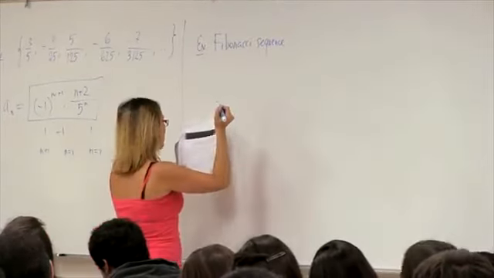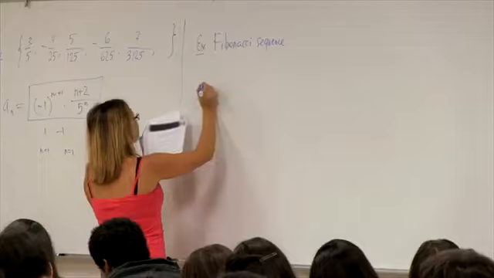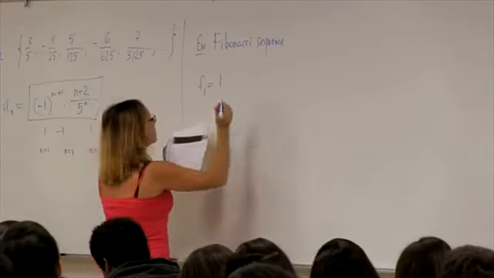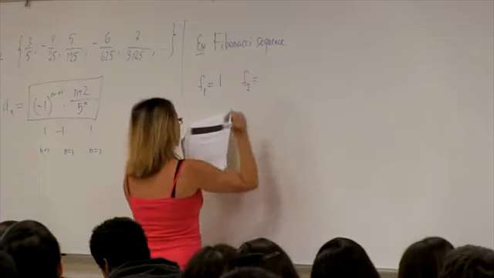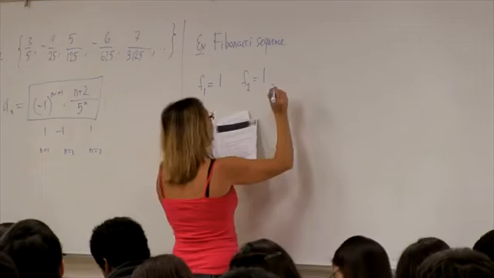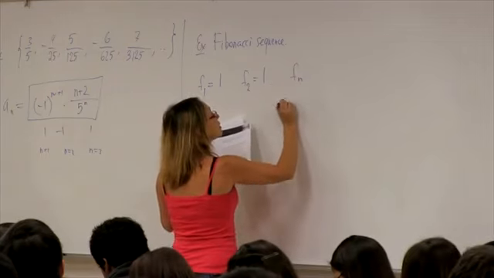So he came up with the following sequence. Let's suppose that f1 is 1 and f2 is 1. And then we define fn